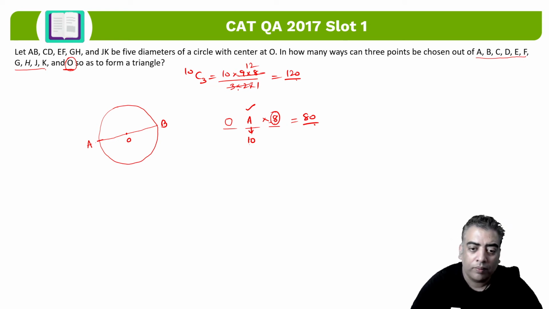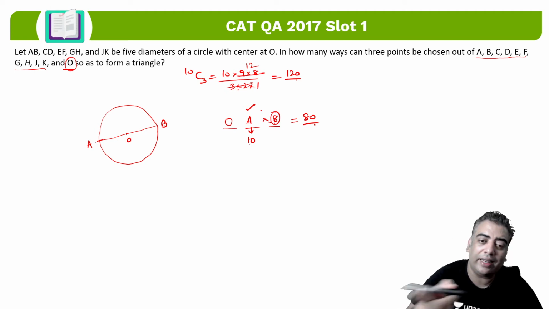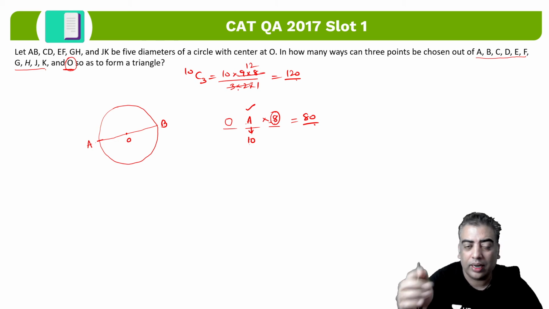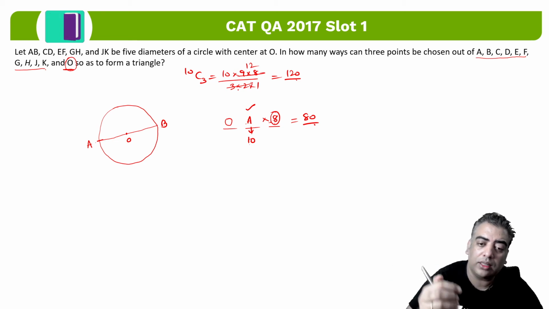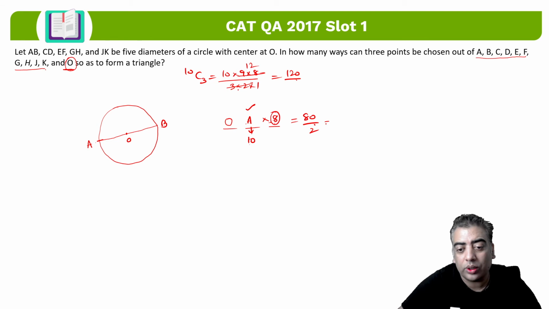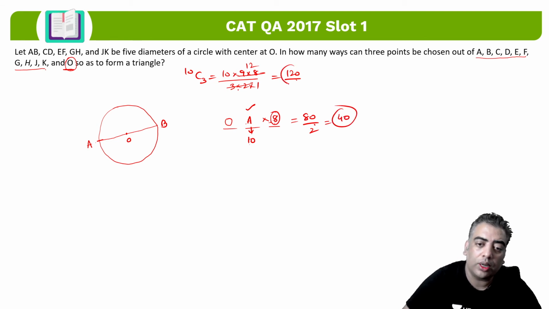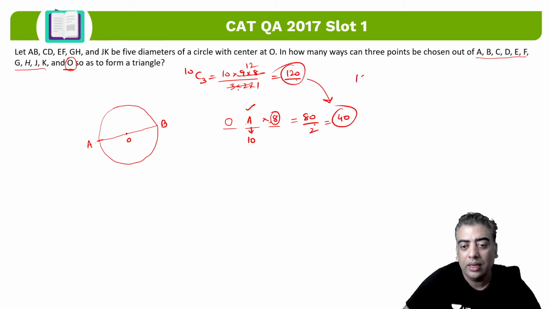Is it done? But in this case, we just need to keep in mind that when you consider A here and all other points, and when you are considering C here and all other points, again A is coming over there, right? So when you consider A and C over there, and C here and A over there, all the points are counted twice, so just divide by 2 so that there is no multiple count. So the required answer will be the sum of these two, which comes out to be a total of 160 triangles possible.